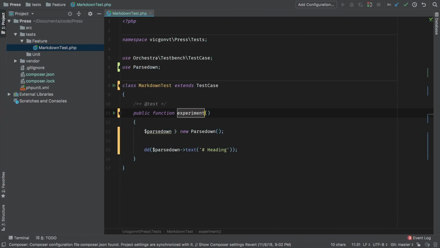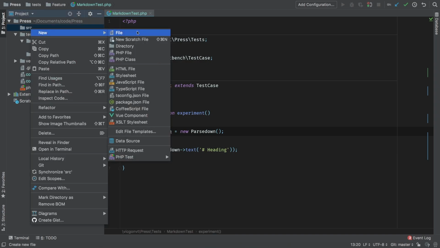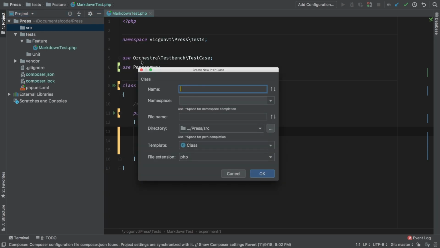Awesome. So what I actually want to do is extract Parsedown into its own class. The reason for that is I want to encapsulate Parsedown into a class that we have control over. So if in the future I decide to change what package I'm using, it won't affect our logic. Let's do that now. In my source, I'm going to go ahead and make a new PHP class, and I'm going to call it MarkdownParser. Namespace, the GOMBT,